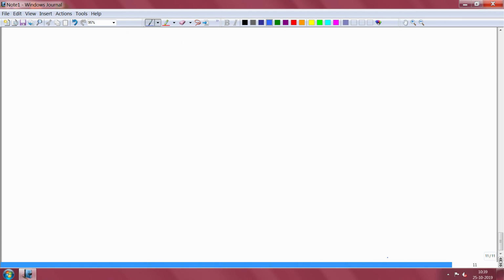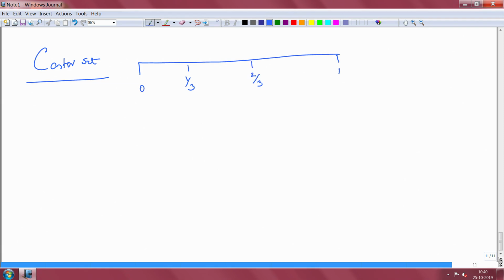So, let us move to a slightly different kind of result. This is about sets which are small. Let us talk about the Cantor set. Well, what is the Cantor set? Let us take [0,1], divide this into 3 equal parts, and then throw out the middle 1/3 interval. So you leave this, having thrown out the interval from 1/3 to 2/3.